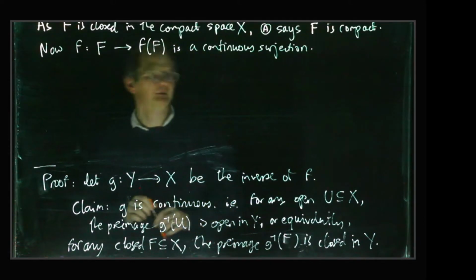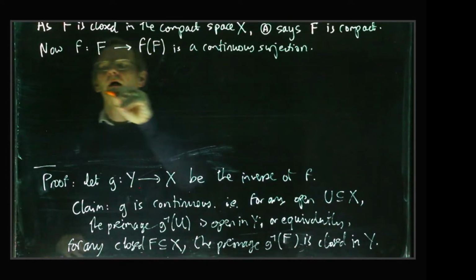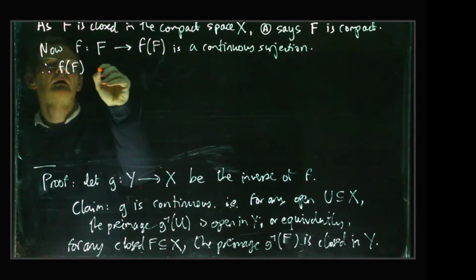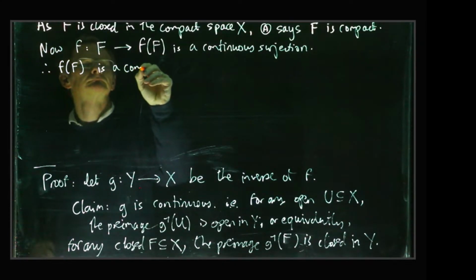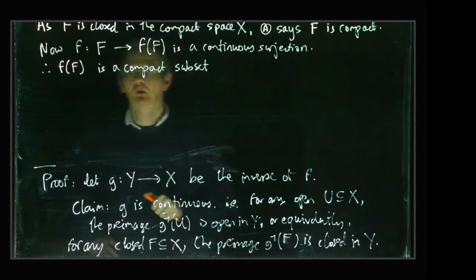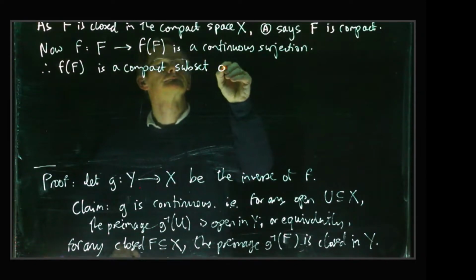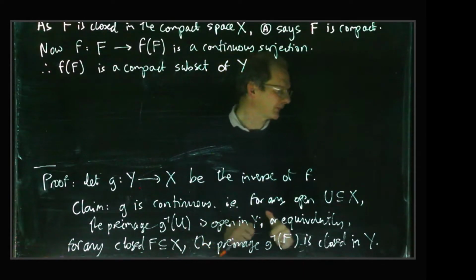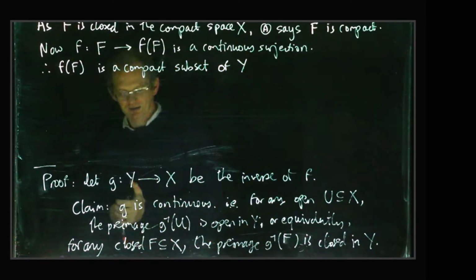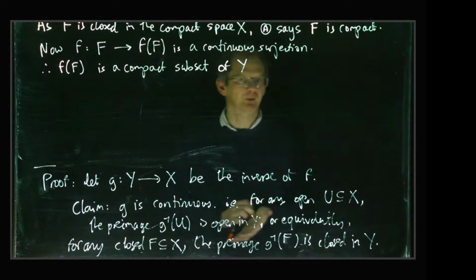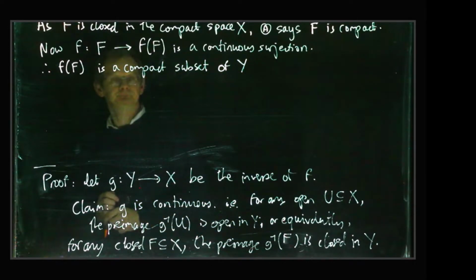So we've got a continuous surjection from F onto f of F. That proves that this is a compact subset of Y. That's another of these basic facts about compactness. Whenever you've got a continuous surjection from a compact space to some other space, then the target space also has to be compact. Okay, so now we can see that f of F is a compact subspace of Y,